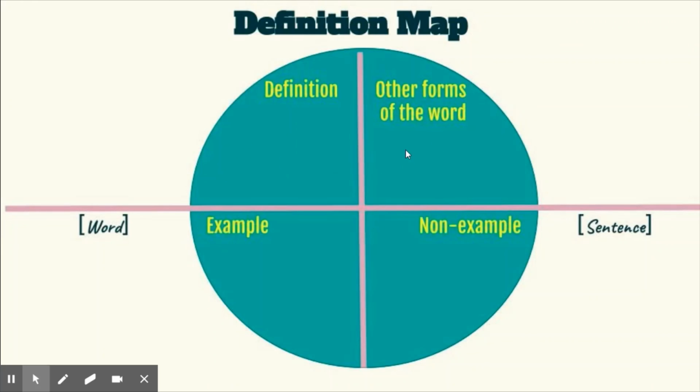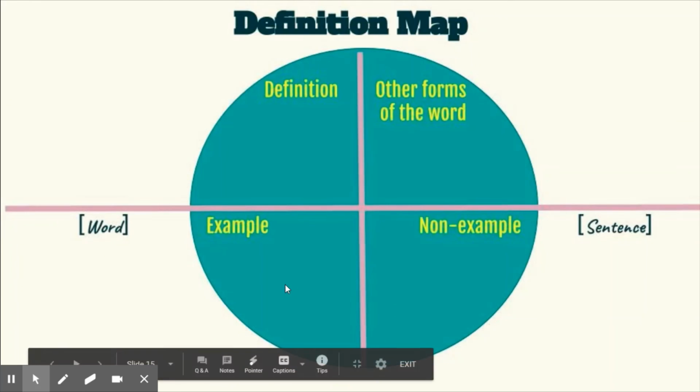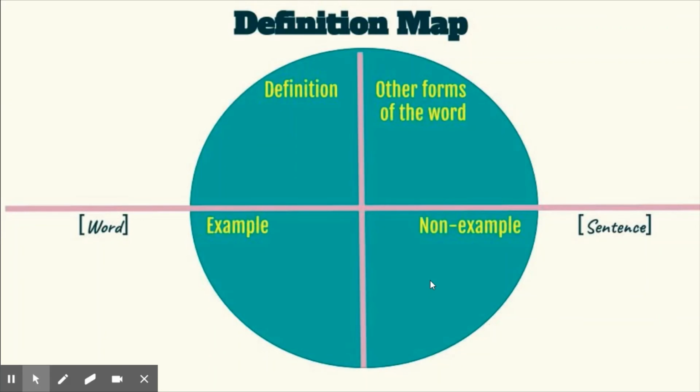Other forms of the word, so responsible, okay? It's another form for the same root of the word responsibility. An example is duty, right? And a non-example is a choice, okay? Because when you have a responsibility, you do not really have a choice, okay? Okay, and then we can use a sentence such as, I have the responsibility of planning lessons for my students. So you see, very simple.